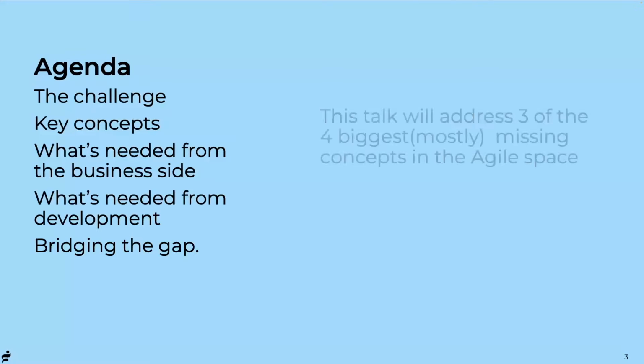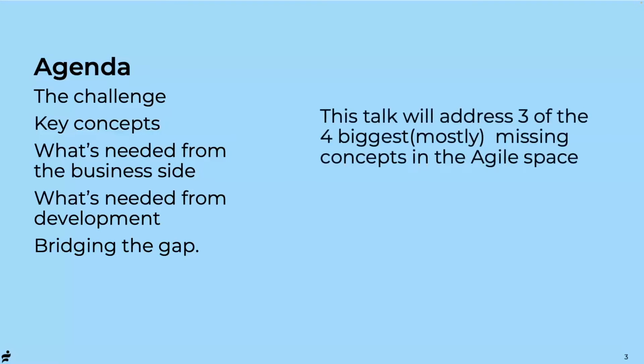What's important here is to recognize that you can't just do product management or decomposition of things in isolation, although that's usually how it's done. It's not a good way to do it. So I'm going to be talking about how to do it in a more fulfilled way. It also addresses three of the four biggest, I'll say mostly missing, because not everybody misses them, but certainly SAFe and Scrum miss them.